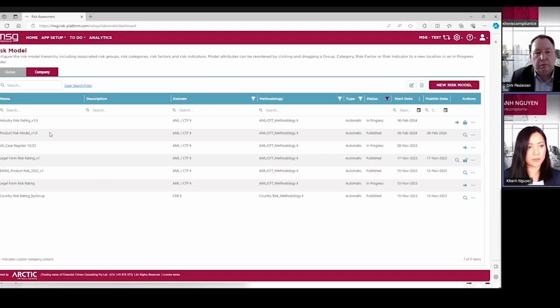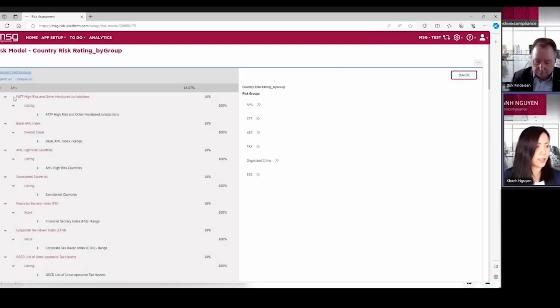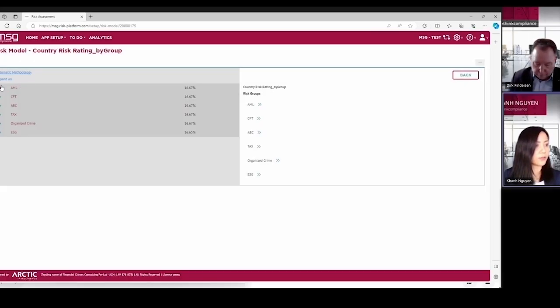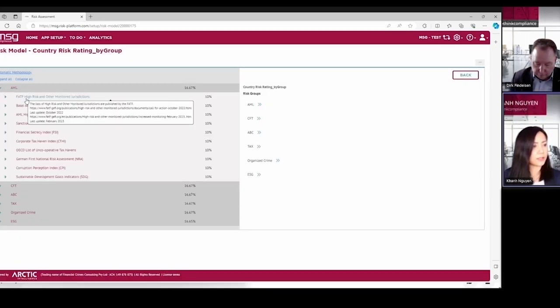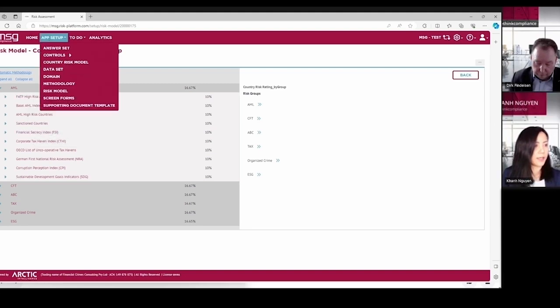Risk models are nothing else than a structured risk evaluation schema. So you can use risk models for different purposes. We have here an example for country risk rating, where you can assess each individual country considering different indices and risk factors, to calculate the AML risk related to a specific country.